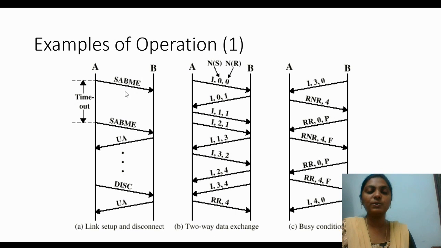So it includes a series of steps. The first one is SABME, which means set asynchronous balanced mode. Station A is sending this request. And after some time, it still didn't get any acknowledgement. So that's why, after the timer expires